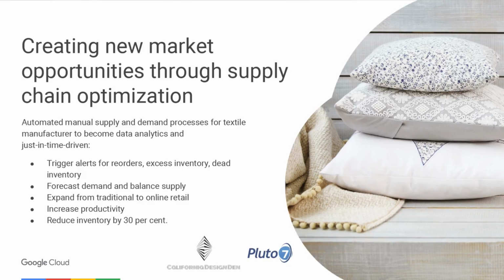The warehouses had to keep a high amount of safety stock, and that can lead to higher costs, also the probability of obsolescence. So working with our partner, they were able to integrate customer demand, manufacturing, warehouse, and inventory, and able to anticipate and predict demand changes. And what did this enable? It enabled them to increase productivity, but it also enabled them to reduce inventory by about 30%. That's pretty significant business impact, double digit.